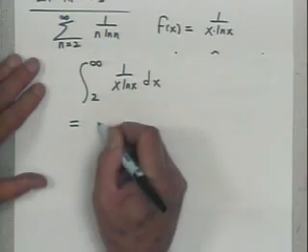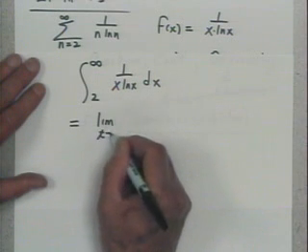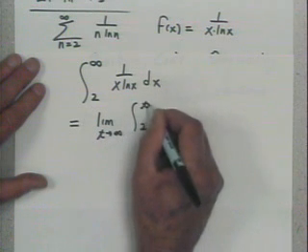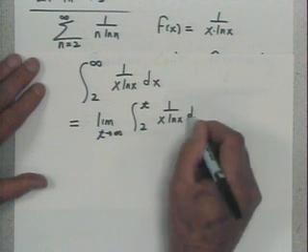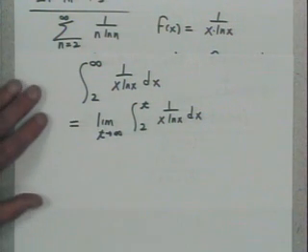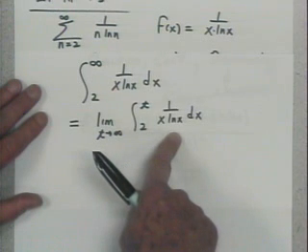Don't leave pieces out. Make sure you write this is the limit as t approaches infinity of the integral from 2 to t of 1 over x times natural log of x dx. Now, how do you integrate this? We've done this one before,